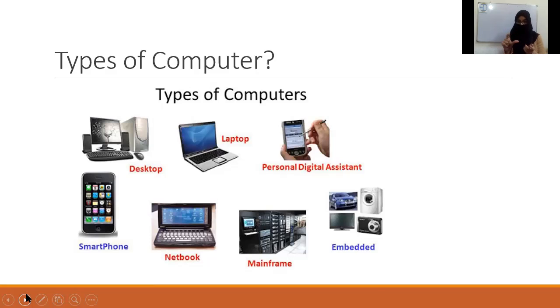Then there is the mainframe, which is a big setup. There is the notebook type computer. Notebook comes before the laptop, okay? And then there is the embedded system, which we use in different ways, right? So these are some of the parts of the computer that we use. Everything is advanced from the previous one. With the passing time, new technologies are coming, new things are coming. People are trying to create small, light devices that we can easily carry. Before, in previous times, when the new laptop came, it was this thick and very heavy in size as well. Now you will have very slim smart laptops.